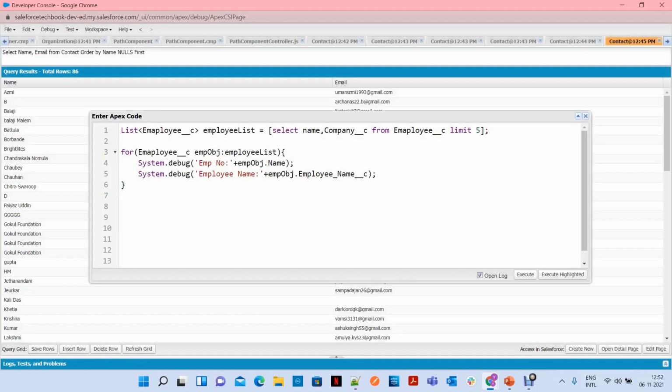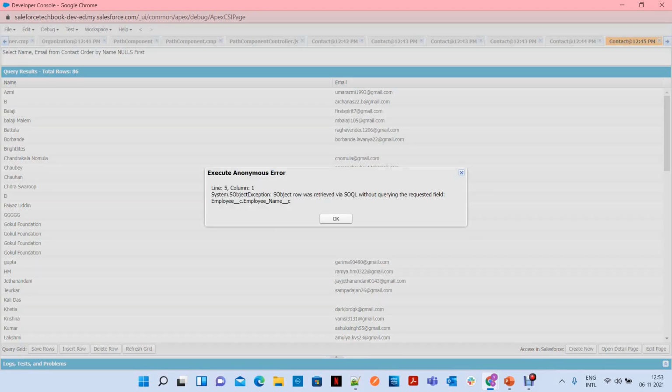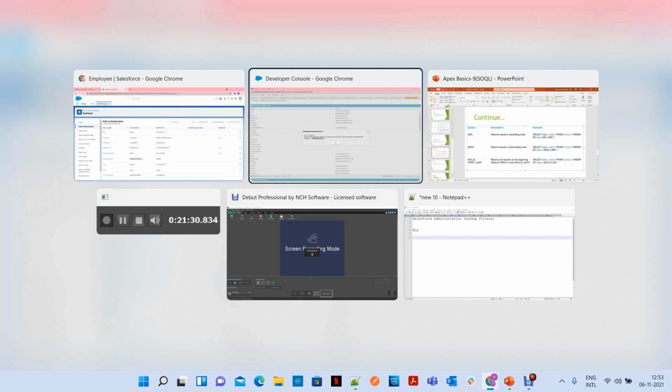It's saying there is a spelling mistake. Let's see. The error says: SObject row was retrieved via SOQL without querying the requested field. What is the meaning of it?